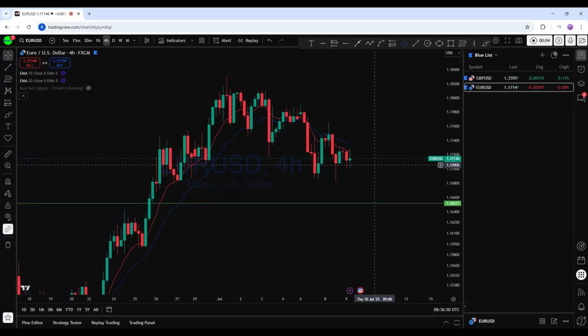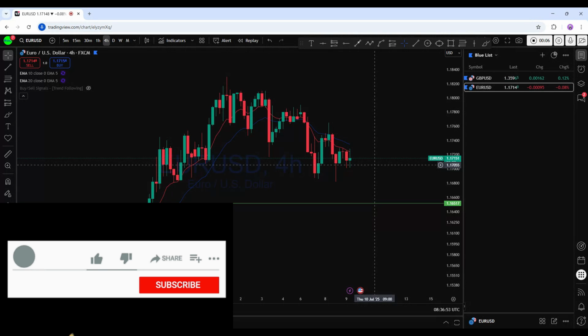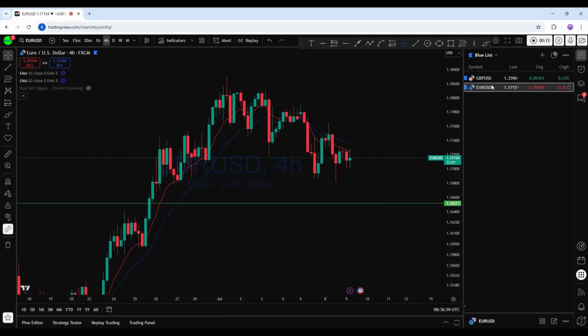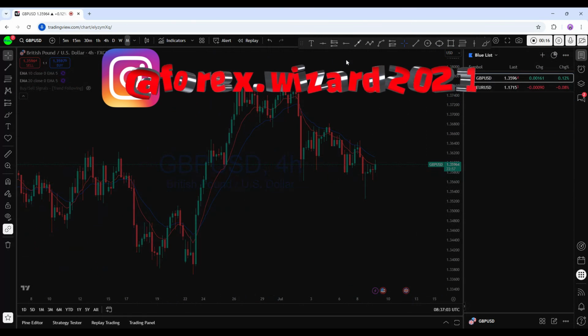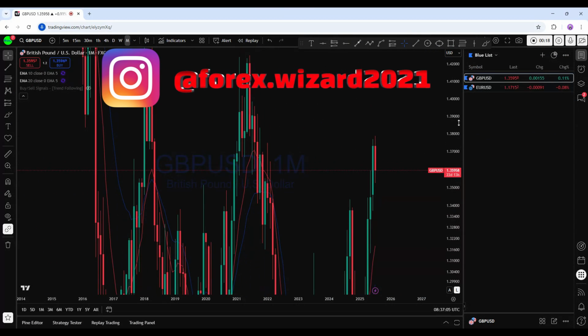Today I'm looking at euro dollar and British pound US dollar. Both of these instruments currently showing significant trading opportunity on the lower time frame. So first beginning with British pound US dollar, looking at first of all bigger picture to see overall direction in